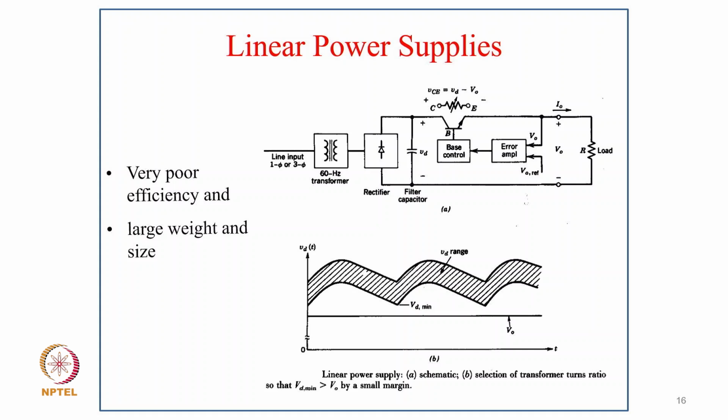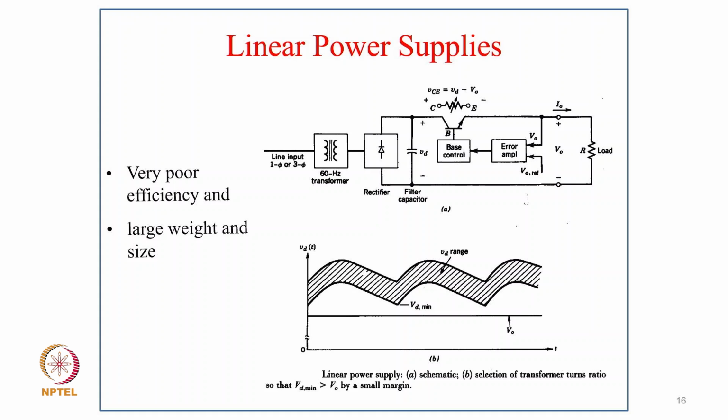The advantage, of course, is that we get a ripple-less and noise-less output voltage. But the disadvantage is that we use a power frequency transformer as well as a transistor as an amplifier, which have very large losses. So you will find a large heat sink, and large weight and size. You might have seen linear power supplies in the laboratory environment, which are quite heavy. Even a 30 to 60 watt power supply is around 5 to 6 kg in weight. This is normally only up to the laboratory level. In practical application, the efficiency of this is 30 to 40%.